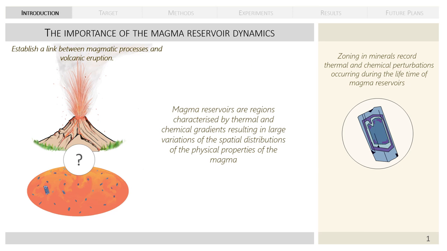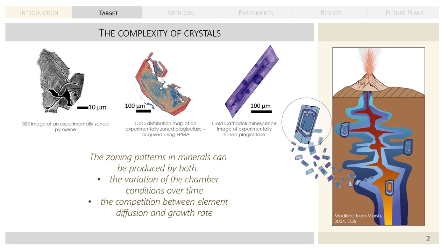reservoirs. But unluckily, studying the processes acting at inaccessible depth from the zoning patterns of minerals is not easy, and there are different reasons behind the complexity of this operation. For example, crystals are highly mobile in silicate melts, and silicate melt properties present complex variation in space, but also in time. And for that reason, each crystal can experience really different evolution of the growth conditions over